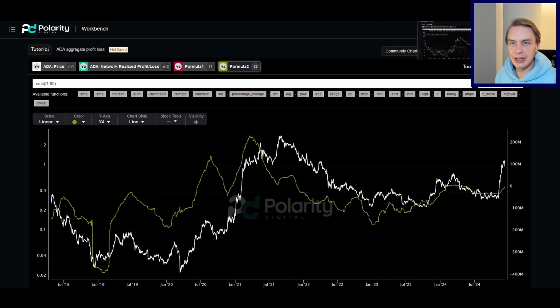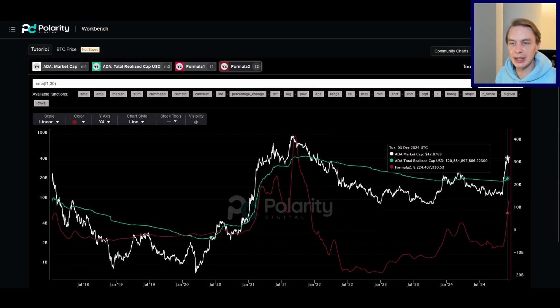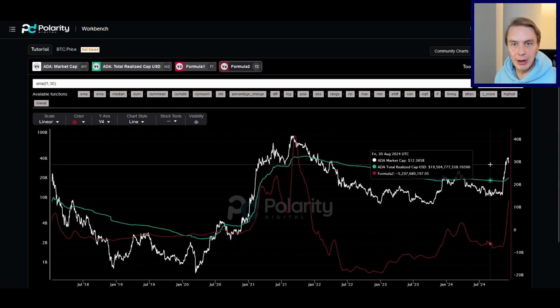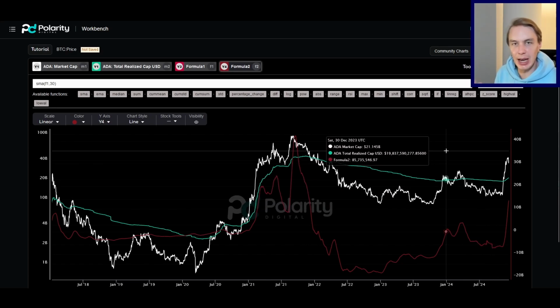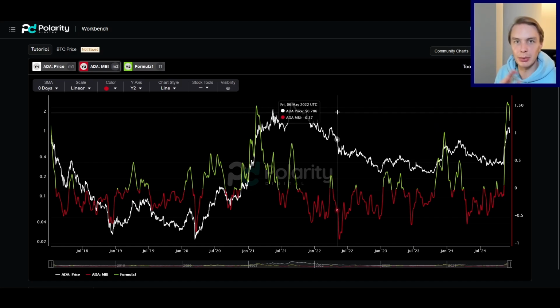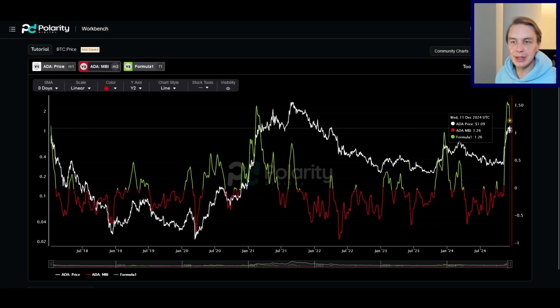When we look across these data, it also doesn't seem like the base case should be that we have seen a top for ADA yet in this bull market. So I'm going to be watching these data closely, and of course I will update my view once the data suggests that we might be at a top, but I'm not seeing that yet. I think that these data suggest that ADA probably, much more likely than not, in my opinion, though of course not financial advice, has more room to run this cycle than not, though it would not surprise me at all, as I was mentioning before, to see some kind of short-term correction or consolidation